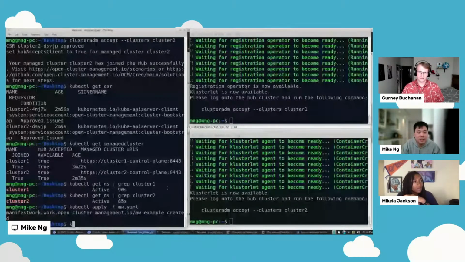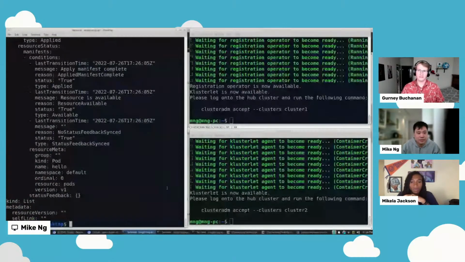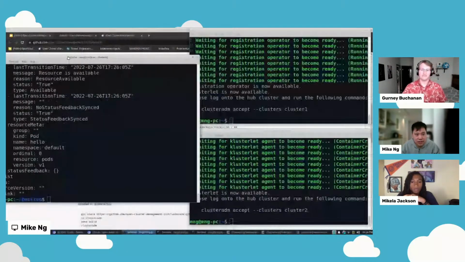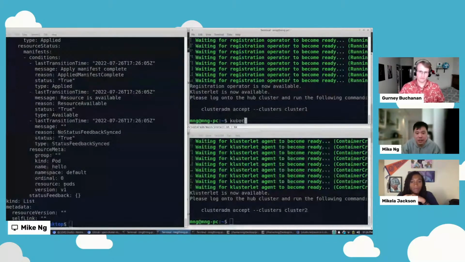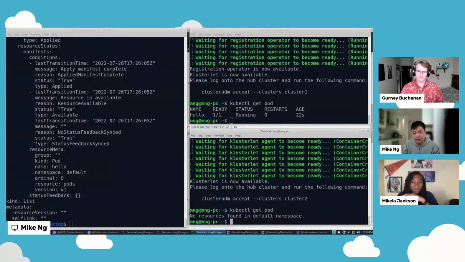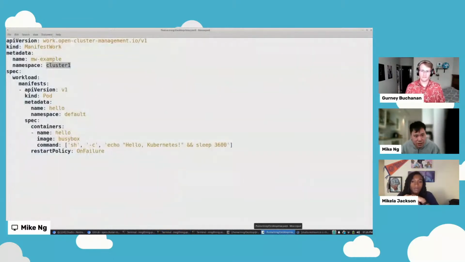Now we can see on the hub side that the manifest work has been applied, and then we can check on the remote cluster. It's been deployed on the remote cluster, and if we check on cluster 2, obviously there's no deployment yet, because we only deployed in the cluster 1 namespace, and cluster 1 doesn't have permission to access cluster 2 for security reasons.